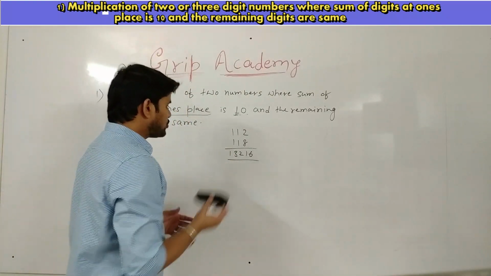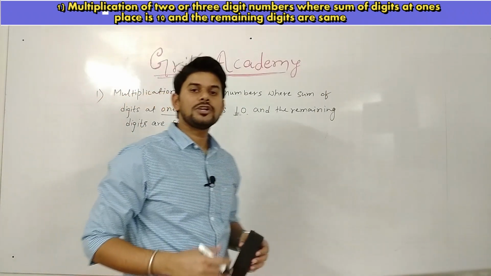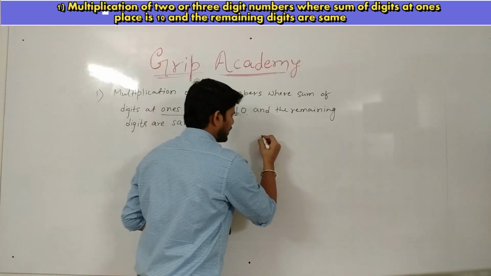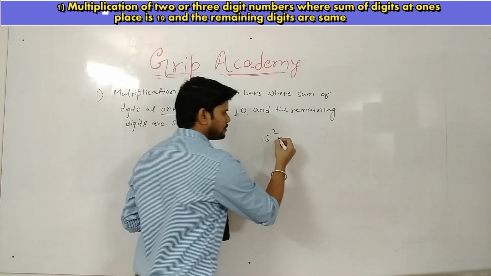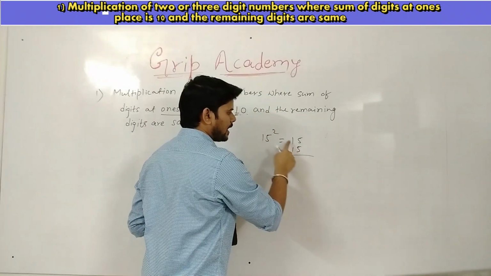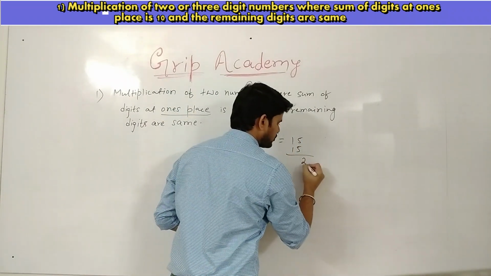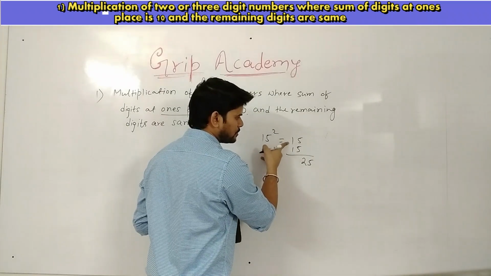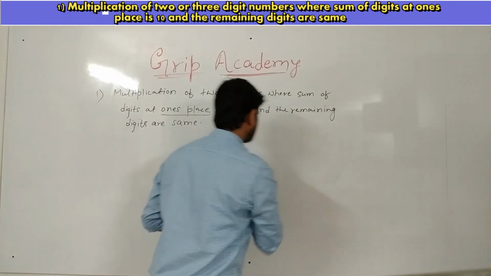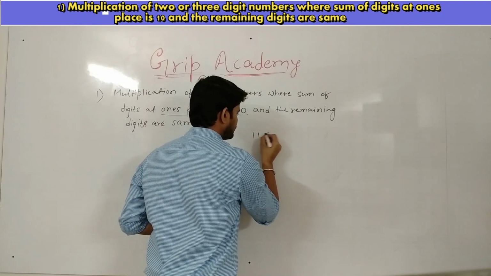One more thing is that this trick is helpful in finding the square of those numbers which end with 5, for example, finding the square of 15. So 15 square, 15 into 15. See here, 5 plus 5 is 10 and these two digits are the same. So we can apply this trick here. 5 into 5 is how much? 25. So write 25. 1 will become 2 and 2 into 1 is how much? 2. So the answer will be 225. Okay, let's take another example. Consider you have to find the square of 115.